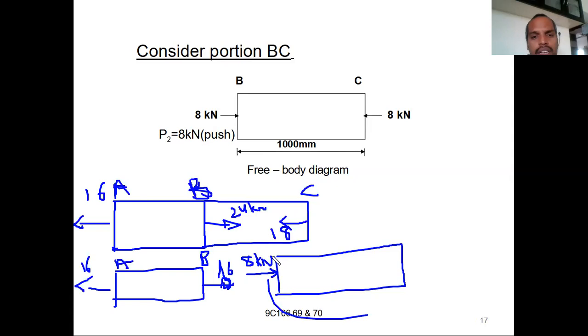Right? So 8 kilonewtons. Now you need not consider this one. Just you got it as 8 kilonewtons. This side means obviously this side also shall be subjected to 8 kilonewtons in the opposite direction. Then only that body will be in equilibrium condition. That's why, when I got this side, I just put the other side also the same: 8 kilonewtons in the opposite direction.